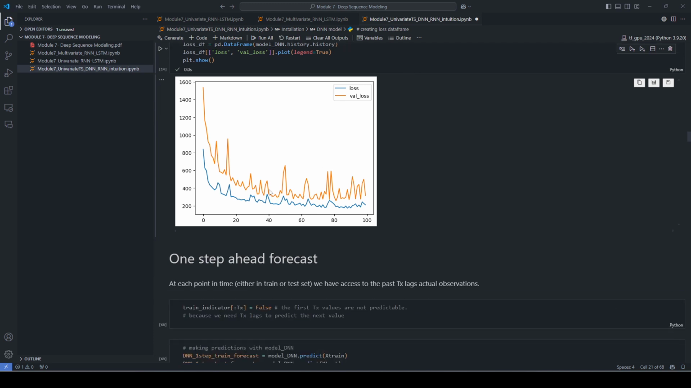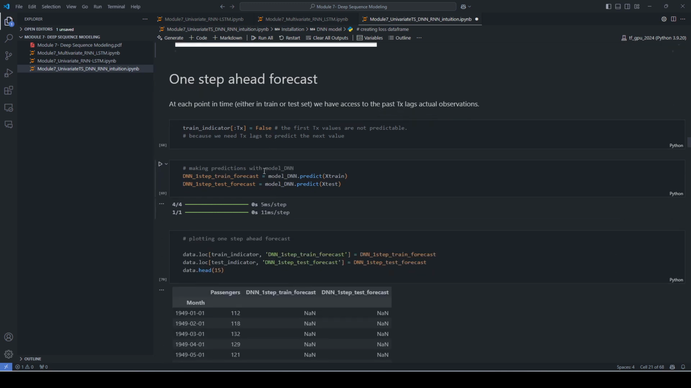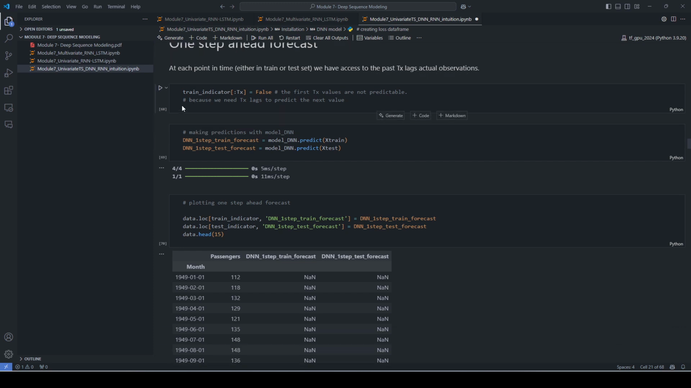And yeah, so this was our DNN, right? We can go ahead and use that DNN, deep neural network, or artificial neural network for making predictions, one step ahead or multi-step ahead, right? We have seen these things before. We just need to make sure that